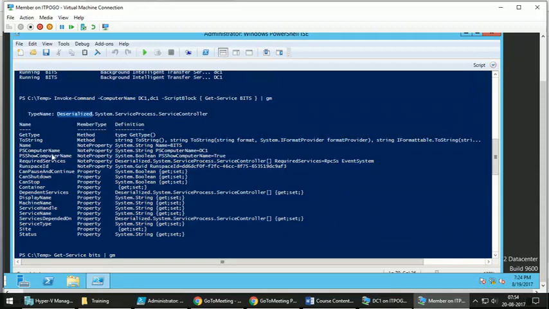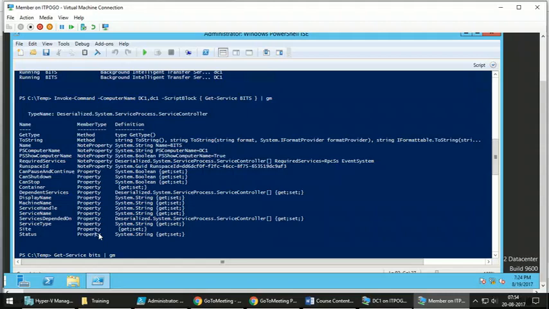So in this case, what is the offline data? Only the property values from that command. You can see only the values of the properties which are fetched from that command. Any actions that need to be performed on that object will not be available because the connection is already closed.